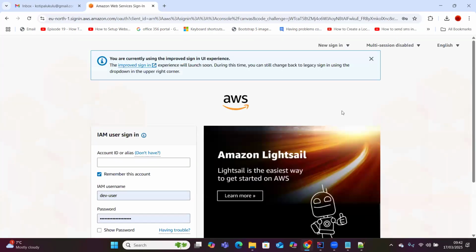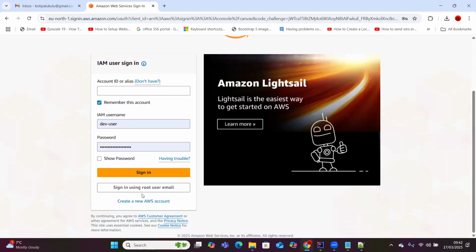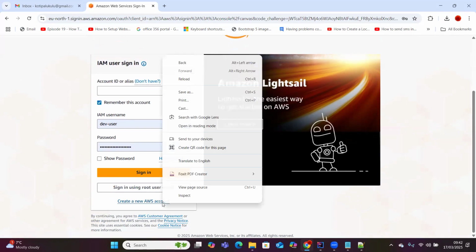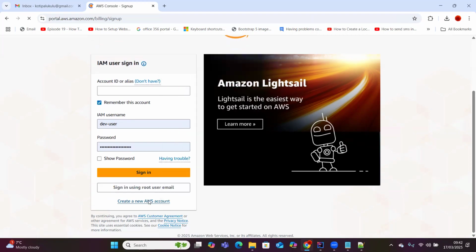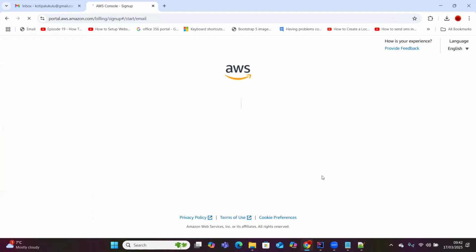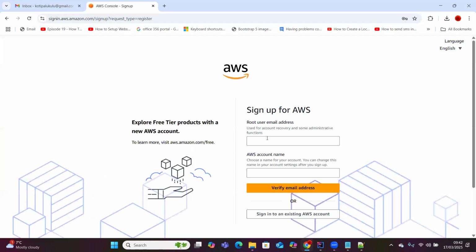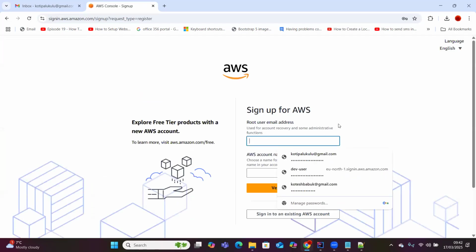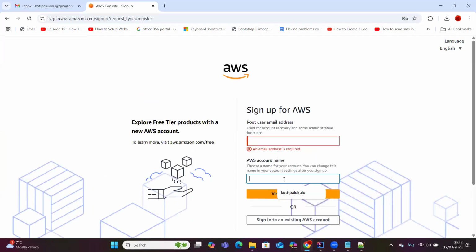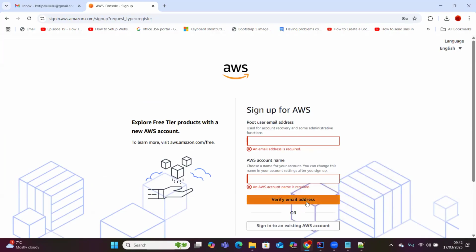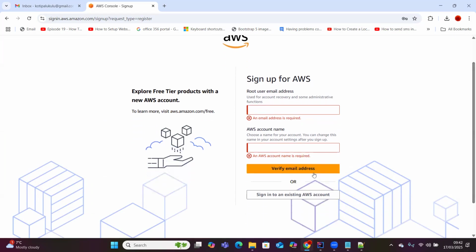And if we scroll down, here you see an option create a new AWS account. So click on that in case you don't have one already. Please give your email address and your account name, and click on verify email address. So once your email address is verified, it will take you through the rest of the process to create an AWS account with